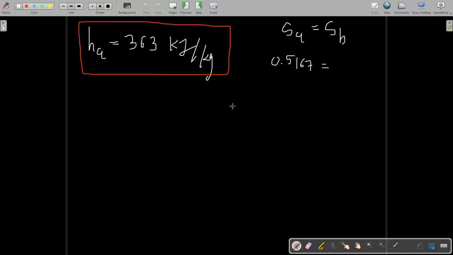SA is equal to 0.1517, and the entropy at point B, in the liquid-vapor region, is given by the entropy of the fluid plus the dryness fraction into SFG. SFG is the difference SG minus SF. I assume you know the meaning of SF and SG: SF means the entropy of the fluid and SG means the entropy of vapor. So when you solve this,